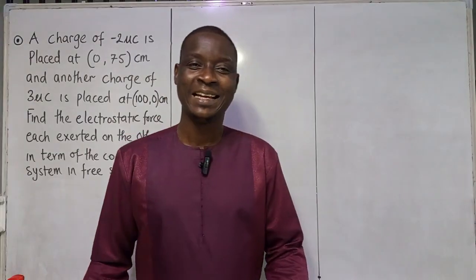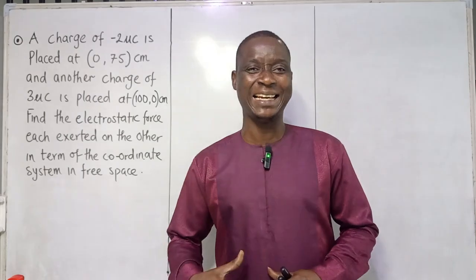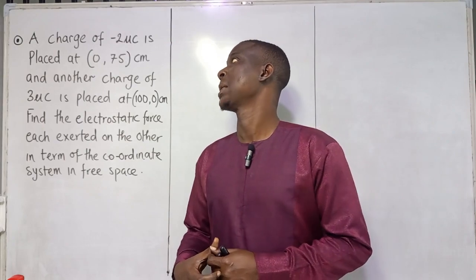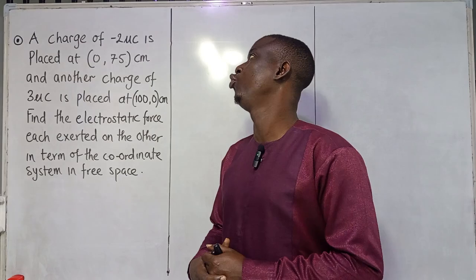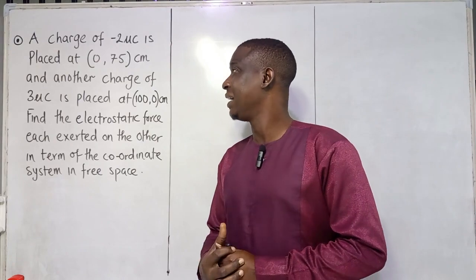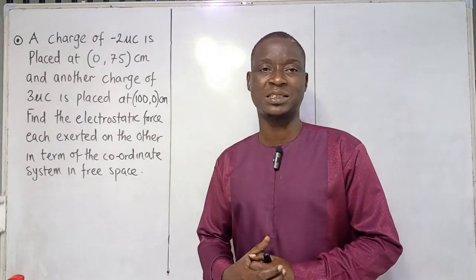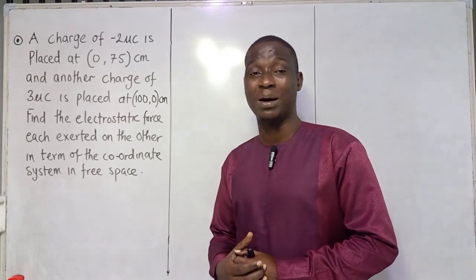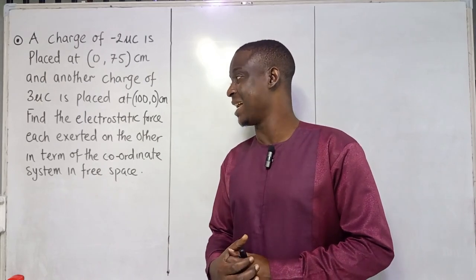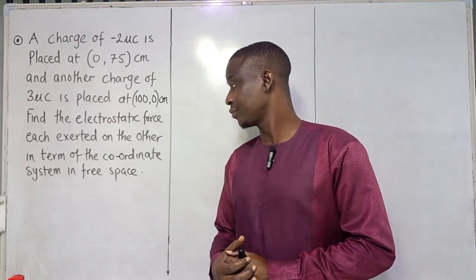Hello everyone. I want to solve this interesting question looking at two charges placed in a plane, or in a coordinate system. Now, let's see, a charge of minus 2 microcoulombs is placed at 0, 75 centimeters and another charge of plus 3 microcoulombs is placed at 100, 0 centimeter coordinate. Find the electrostatic force each exerted on the other in terms of their coordinate system